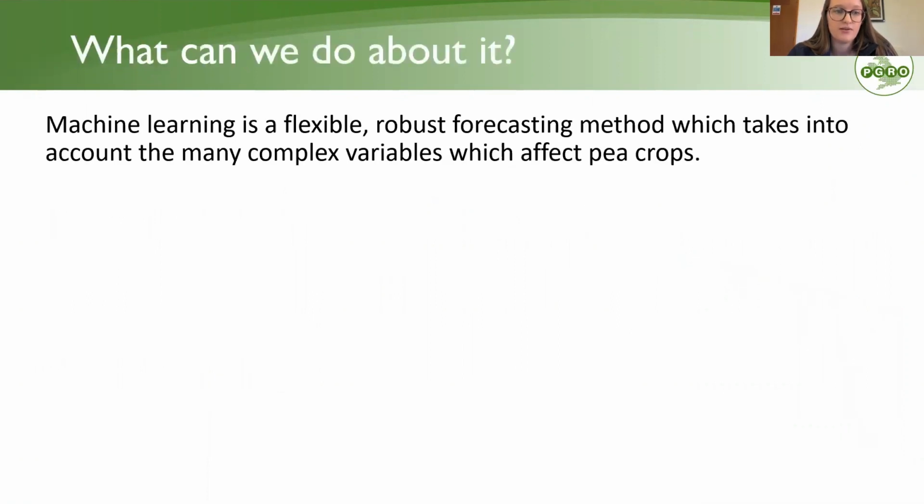So at PGRO here, we've come up with a machine learning model, or two models, one for harvest date and one for yield, to predict their respective variables. So what is machine learning? Well, a machine learning model is essentially an algorithm. So you put in data, it does a series of complex calculations, and it sort of pops out a forecast